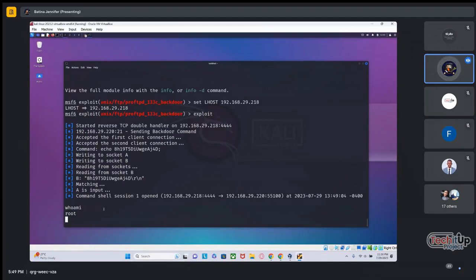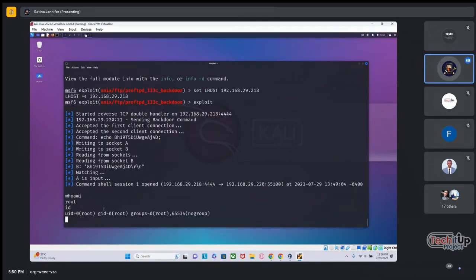There's a Python 3 command that you can use to import a Python TTY shell to make this a little bit more interactive. If I first do id and check where I am, I have root access. Fine. So the command that I'll be using to make this a little more interactive is